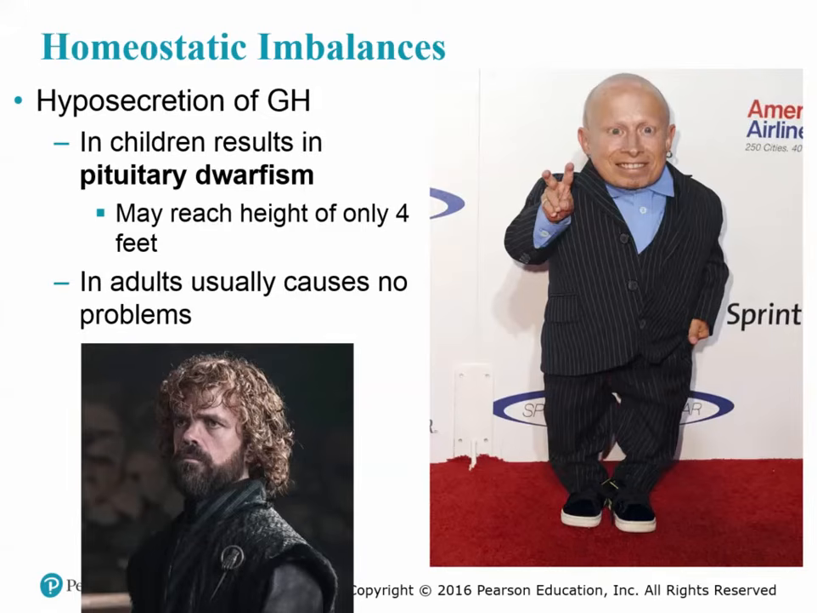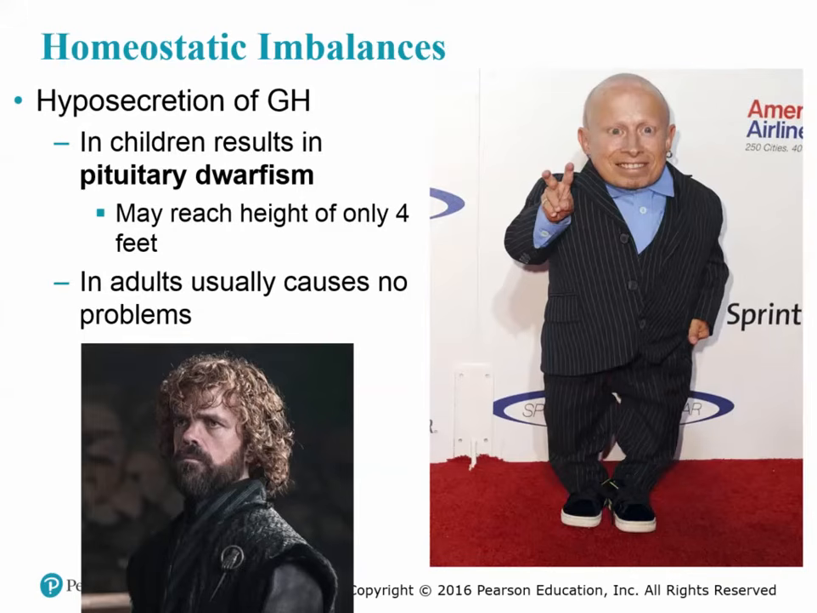So on the opposite side of the spectrum, if we have a hyposecretion, so not enough growth hormone, in children that would result in what's called pituitary dwarfism. So these individuals may only reach heights of 4 feet tall or so. If this happens in adults after adulthood, it usually doesn't really cause any problems since we're already done growing. But with children, while they're in their prime growing stages, if they're not getting enough growth hormone, they never reach their